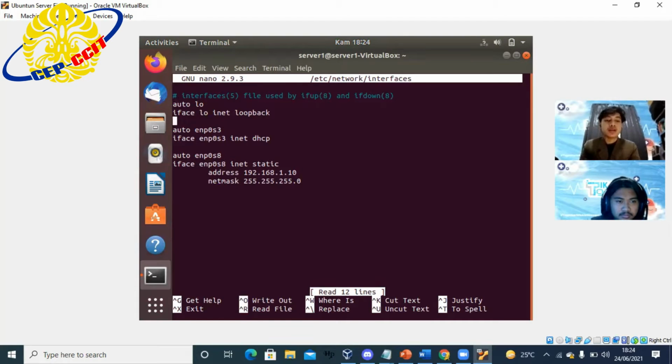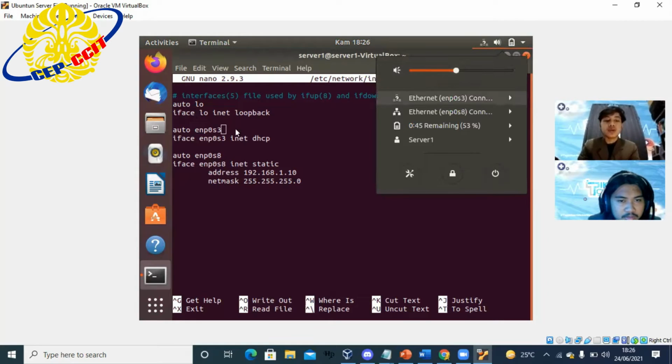You can write the same syntax like this: auto enp0s3. enp0s3 is the connection, so you must write auto enp0s3 and then iface enp0s3 inet dhcp.